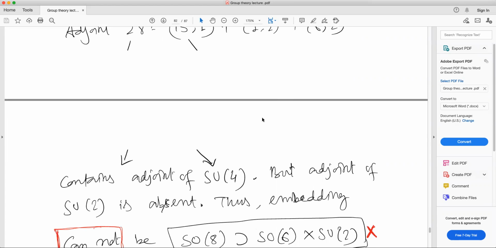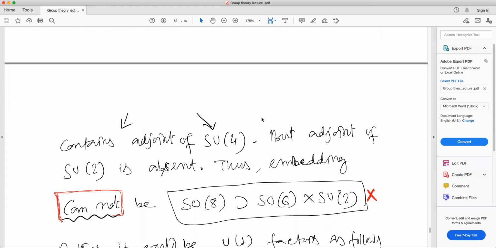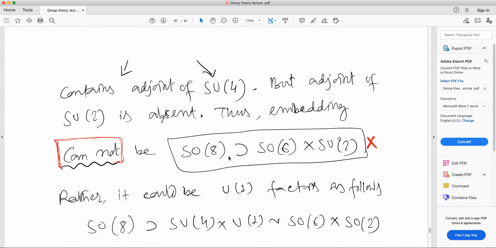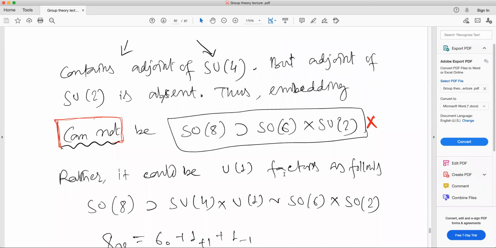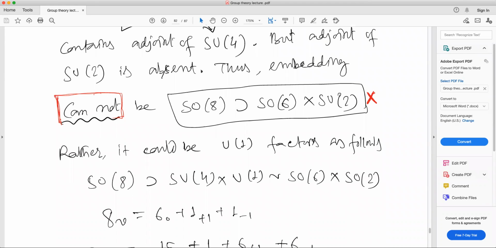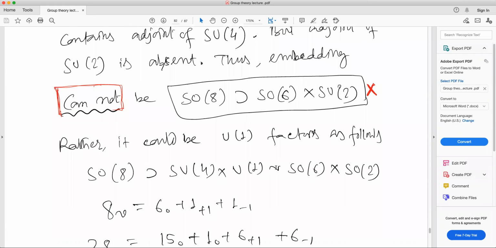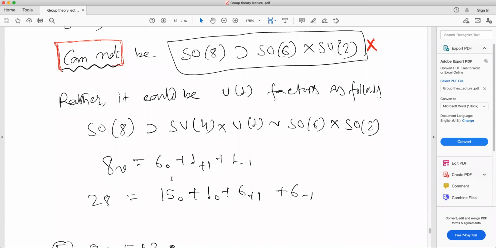Okay, so that's why SU2 cannot be there. So the embedding SO8 as SO6 cross SU2 is not allowed. As I'm saying, SU4 or SO6, they're homework, if you can write it down this way. They are not allowed. Rather, it could be like 2 U1 factors as follows. So SO8 is containing SU4 cross U1 or SO6 cross SO2, then 8 can be composed as 6, 0